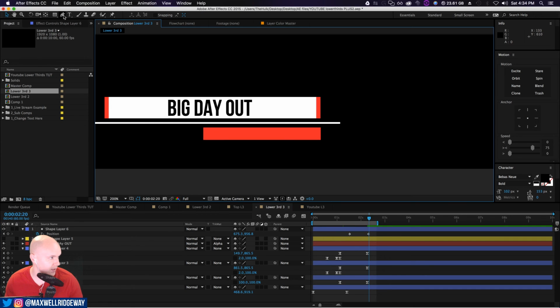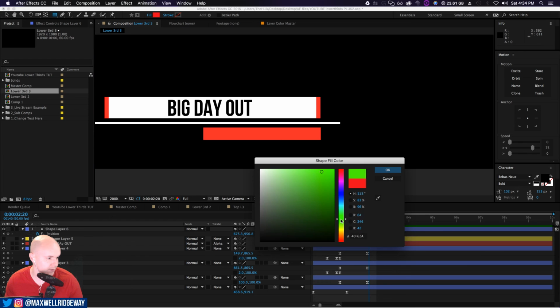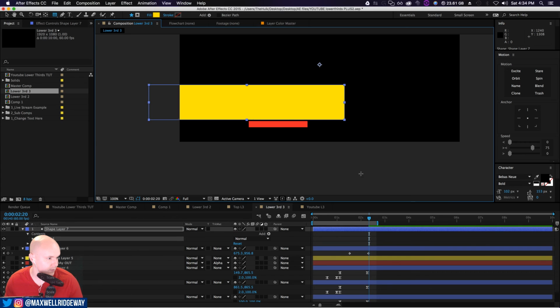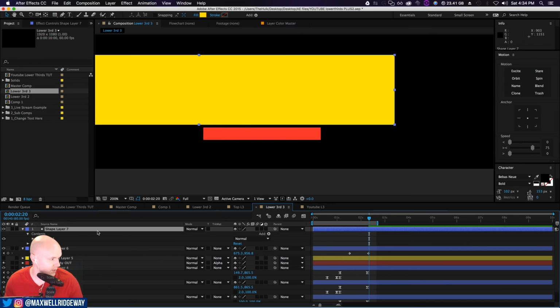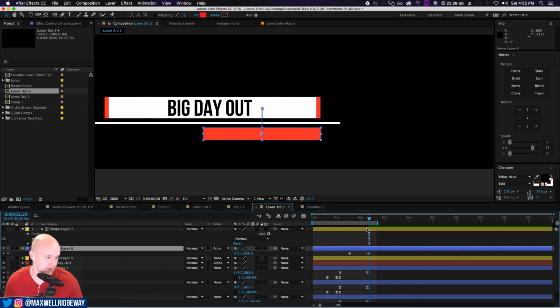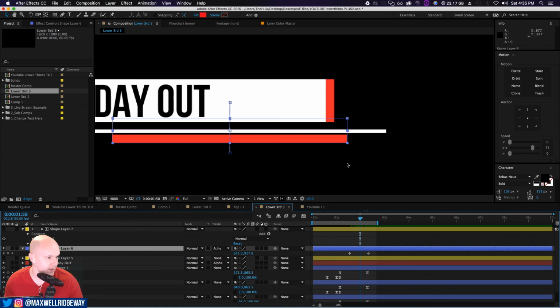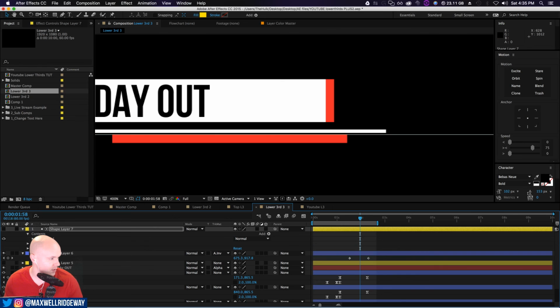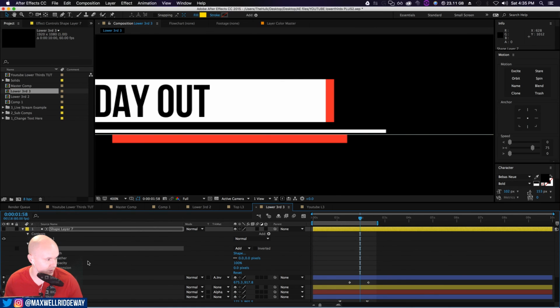So now we just need a shape to make that happen. So we'll make a green shape just for, or yellow or whatever, it doesn't matter. To make a shape that goes like right here. And then what we'll do is turn the shape layer to yellow so we can tell it's an alpha matte shape. Track matte, alpha matte inverted, which reverses the layer so it will not show until it is not under that shape. Just like that. And I think I want it to feather a little bit, so what we'll do is right click, mask, new mask. Drop down on the mask options of that rectangle we just created and feather the edges to be like that. But I don't know, maybe